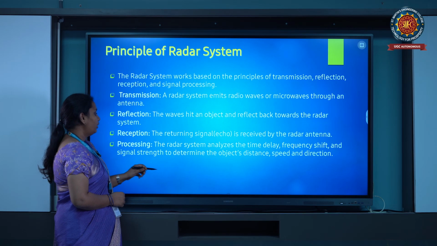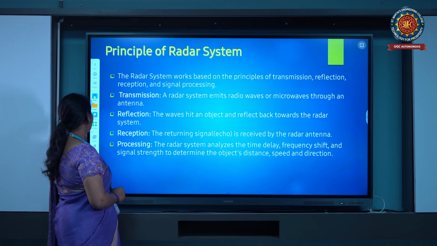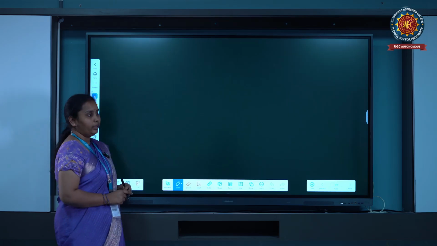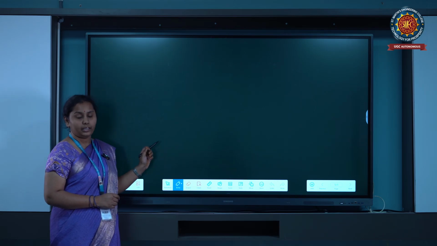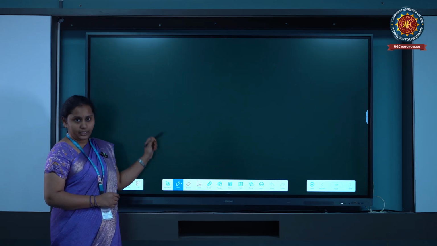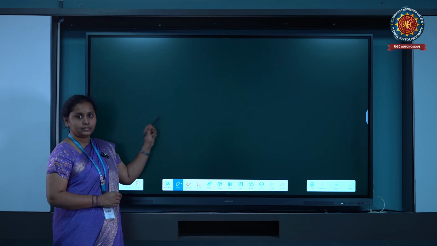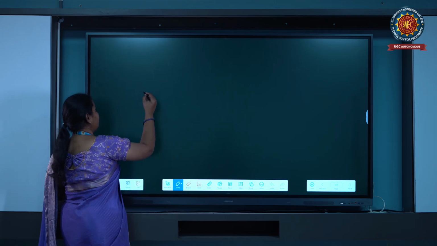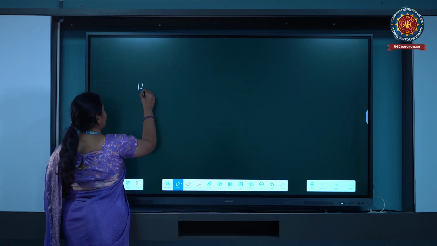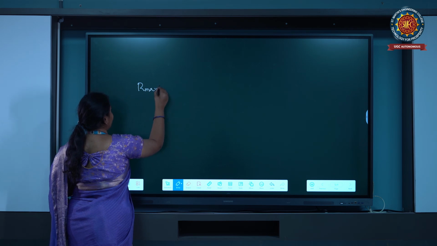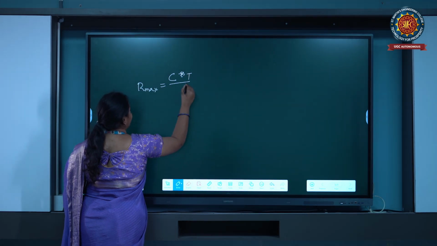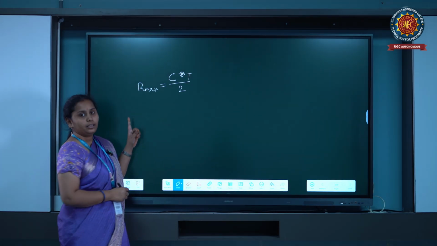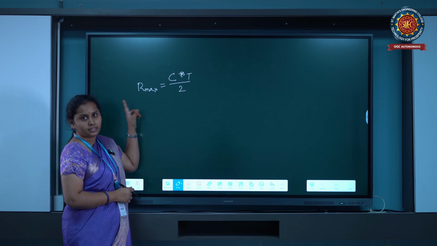And here to detect the target, we need to know at how much range the radar can send the signals. Now we can see this is the radar's unambiguous range.